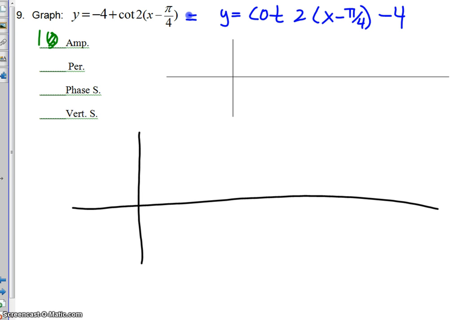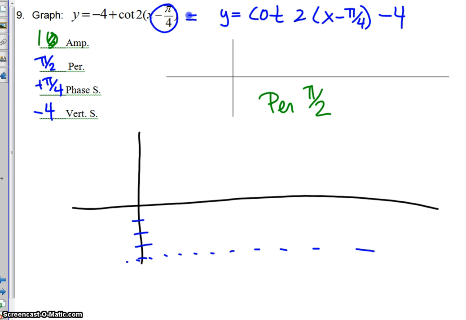My period is pi over 2. So you're going to take pi divided by our k. Our k is 2 here, so our period is pi over 2. Our phase shift is going to be a positive pi over 4. So remember, whatever makes this a 0 in the parentheses, and that would be a positive pi over 4. Our vertical shift is a -4. Couple ways you could do this. You could have a new midline here at a -4. You could have also called this, let's do it this way, let's call that